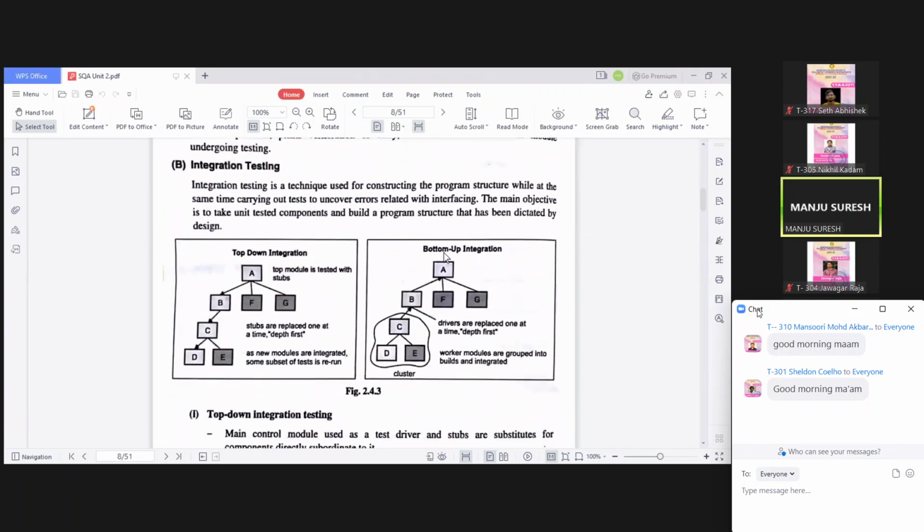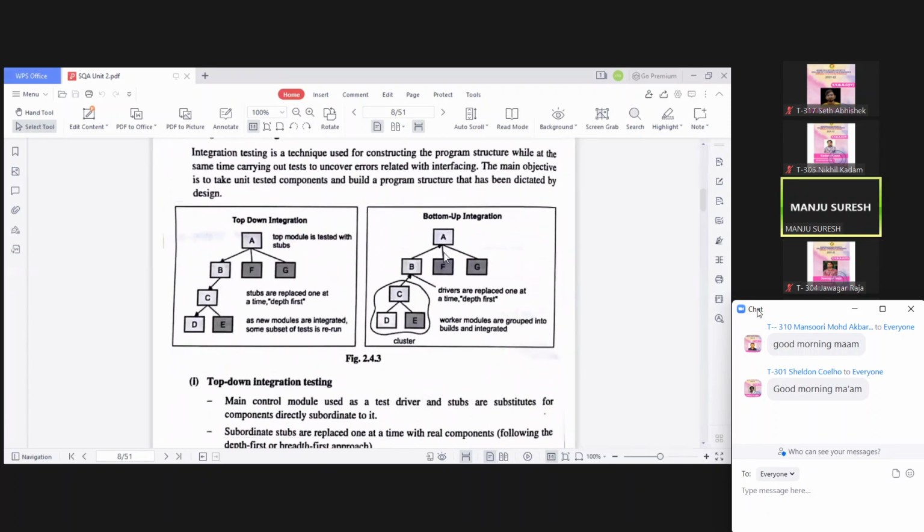Now coming to integration testing. Here also you can make use of stubs and drivers. Top modules are tested with stubs. Here you are working with a set of modules, whereas there we were checking only a single component.